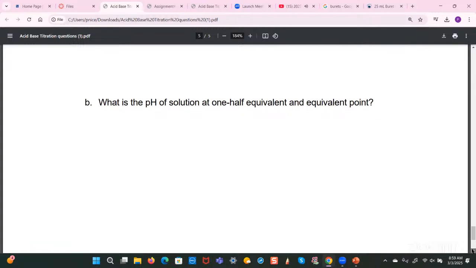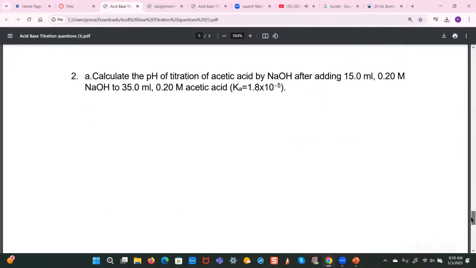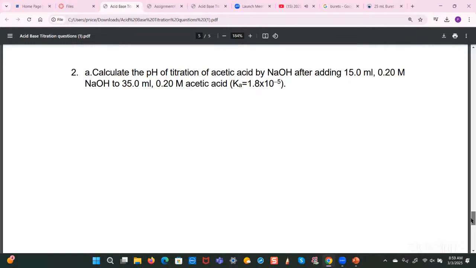Oh, okay, so this question is asking what is the pH of the solution at 1/2 equivalence and the equivalence point, all right? Now, oh shoot, you guys would have to help me because this question is not, okay, I'm going to assume something. The question didn't state this explicitly. I'm going to assume that we start off with the acetic acid in the flask and you're adding your base, right? Even though the question did not say that. So assuming that to be the case,